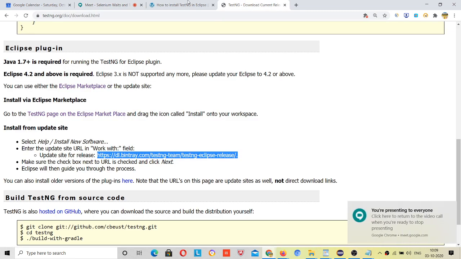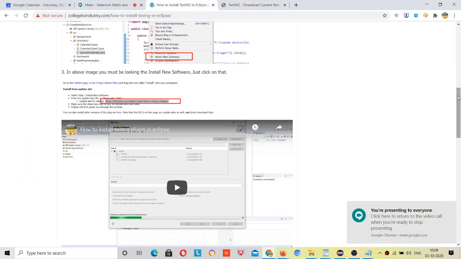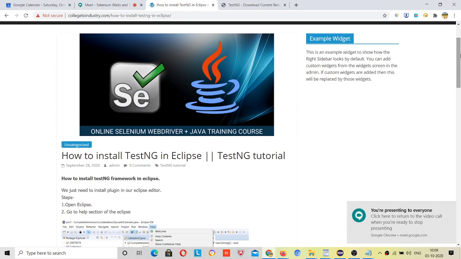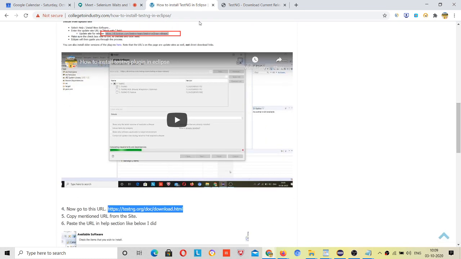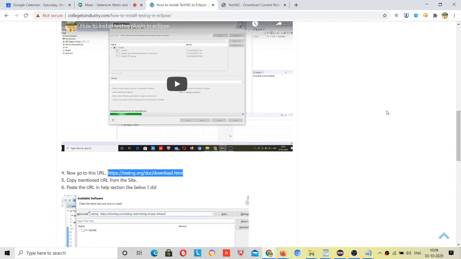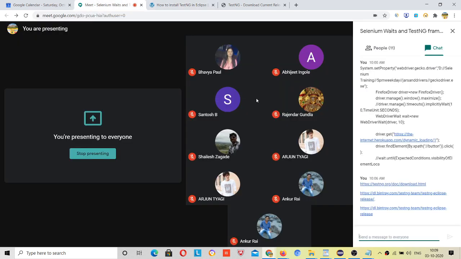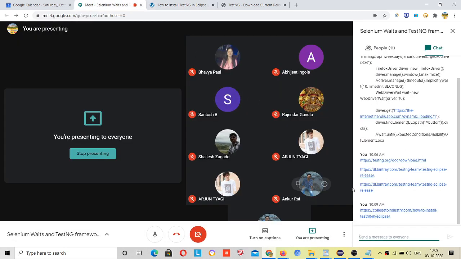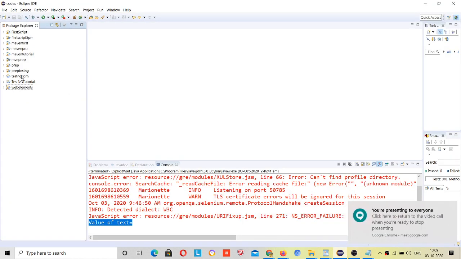Now if you are facing problems in installing, this was the simple steps, then you can follow this blog also. Here I have explained. If you are not interested in reading all this, then you can refer to this video also. There are basically two ways. First of all, we can add the jar file of TestNG 7 or 6, but that jar file will work only for the project that you have created.